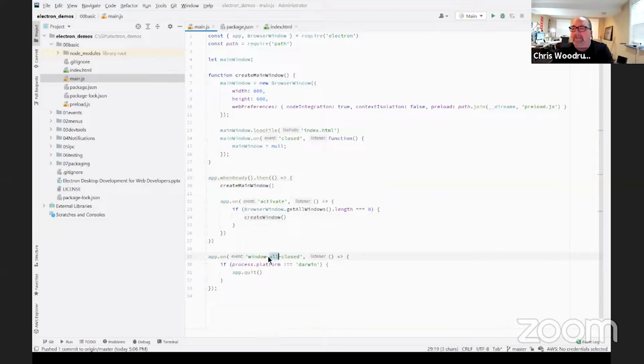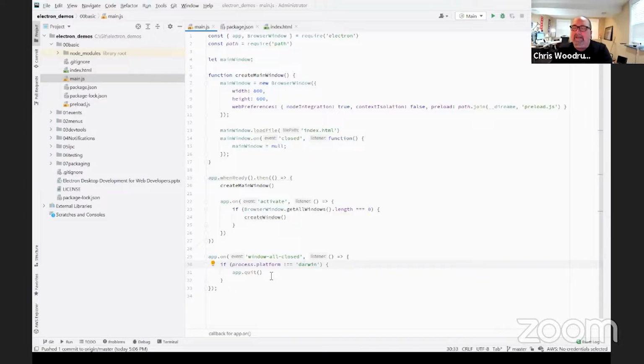And then if I had this window all closed, I need to do something special when I want to shut down the application when I'm working on Mac OS, which is Darwin. It's signified as a platform of type Darwin.